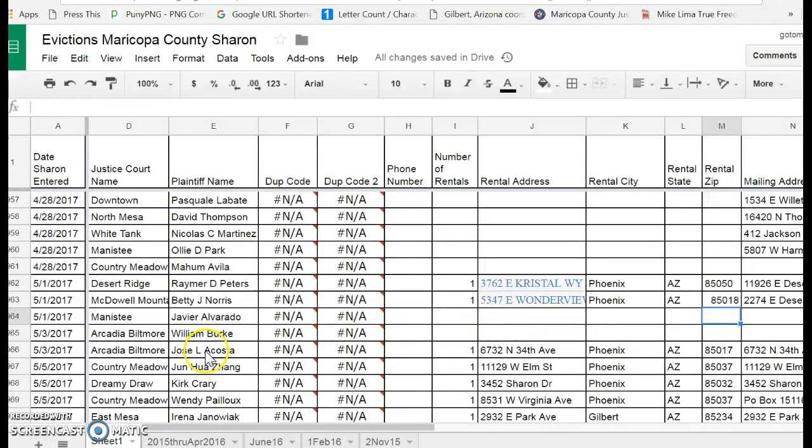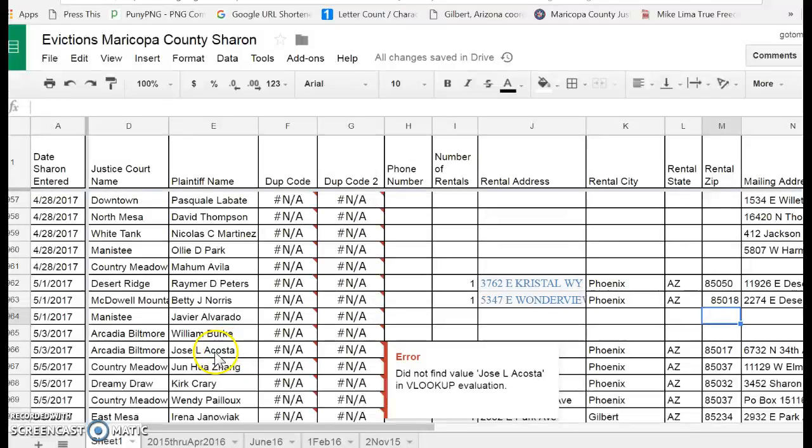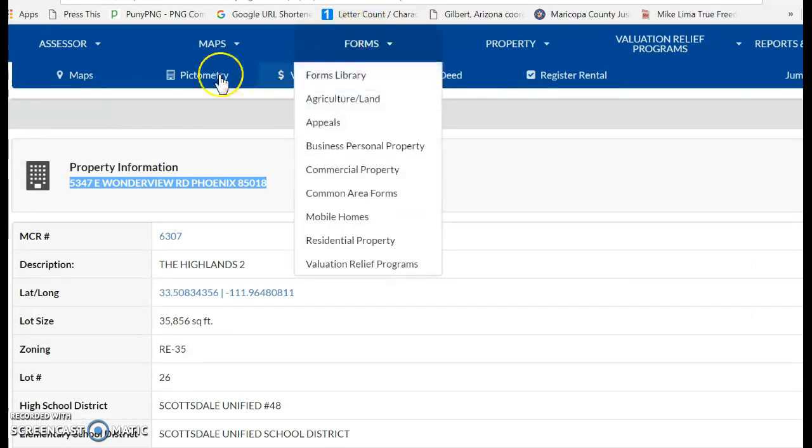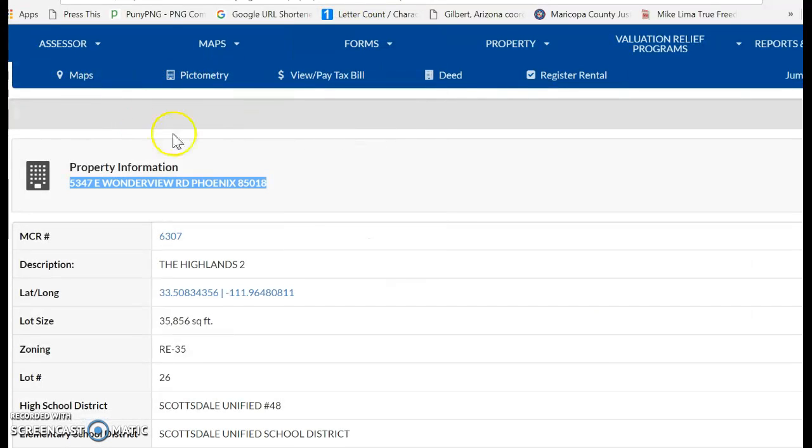Now look at the next one. You see, these are the same address. You have the same address in rental address and the same address in mailing address. This is not what we want. This is not at all what we want. Where we have a property of Jose Acosta, I'm going to copy that. I'm going into the